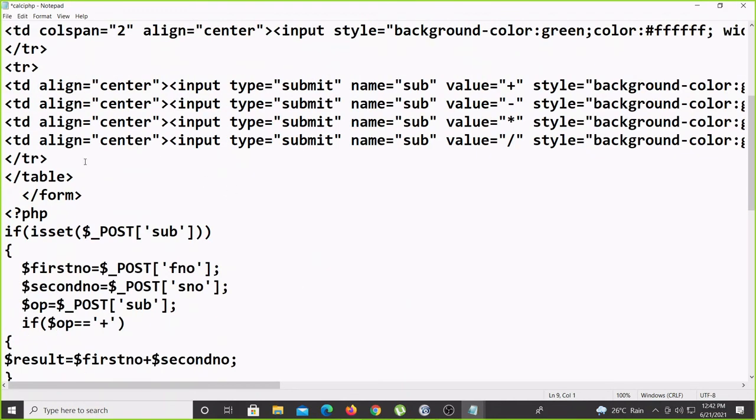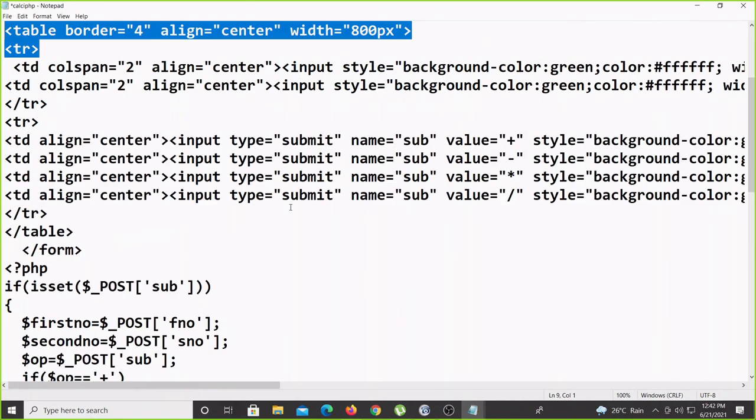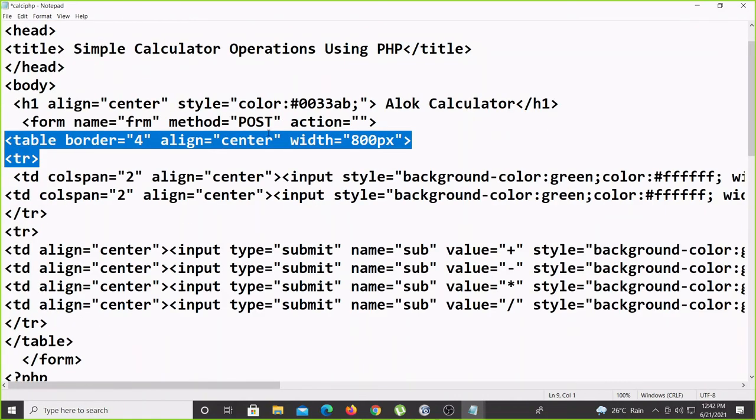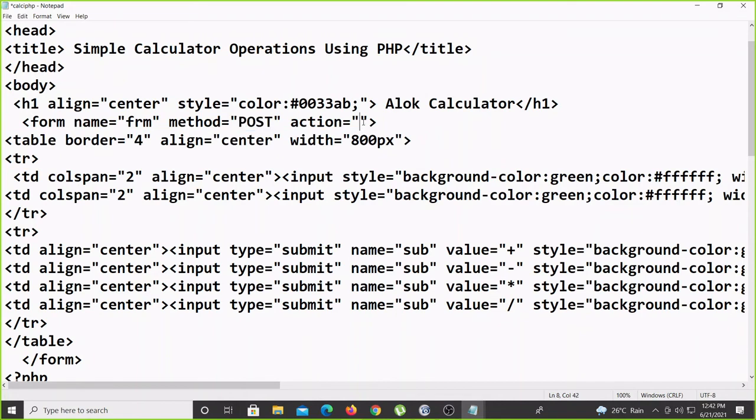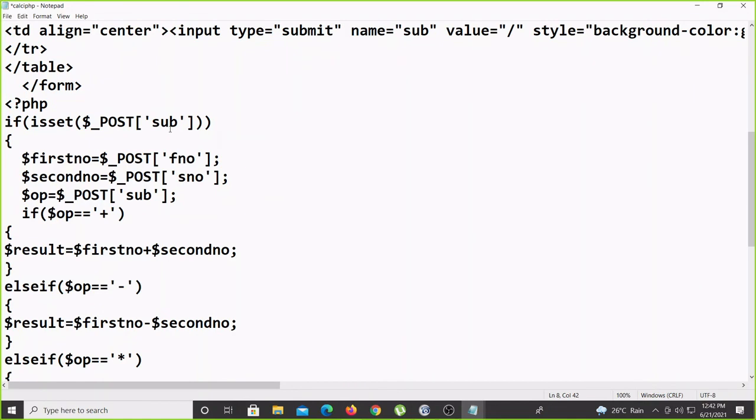So once we submit this button, we want all these values in the PHP. So again we check inside the PHP code: if isset $_POST sub, then using the post method, because in the form itself we specified we are using the post method, and action equal to empty, so that indicates all the values we plan to pass go to the same page.